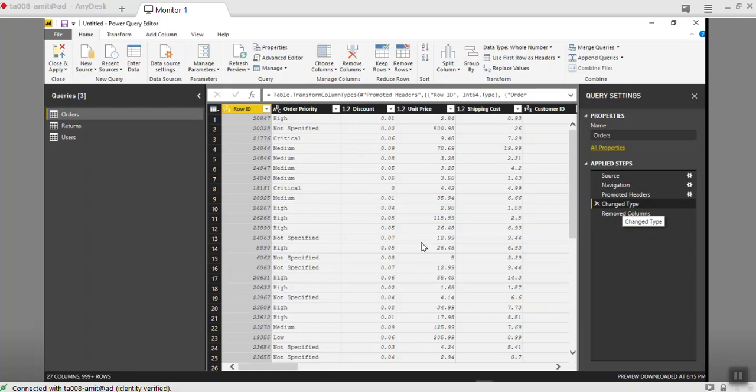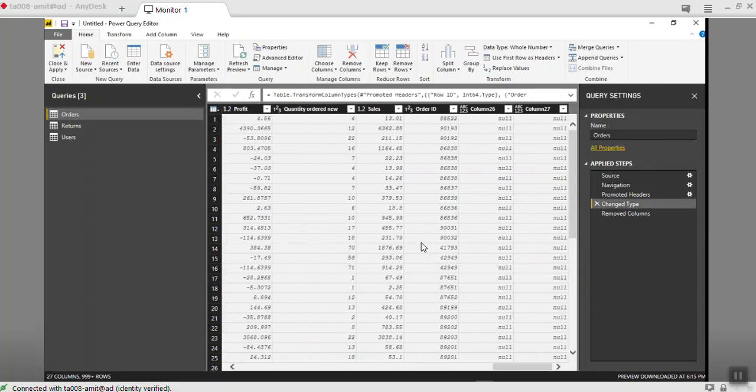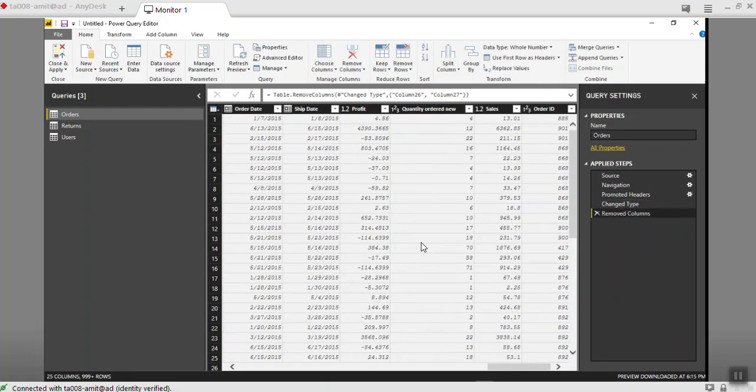Like in Word, it is a review final. If you go back to the previous step, then it is restored. So this will be change type only, and it should contain those 2 columns, 26 and 27. When you go to the next step, then they are removed. So that's how you can backtrack the queries basically. If one more column is removed, then again it will come as removed columns 2.